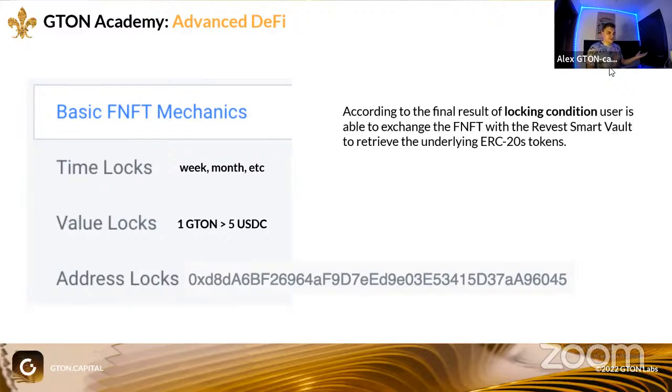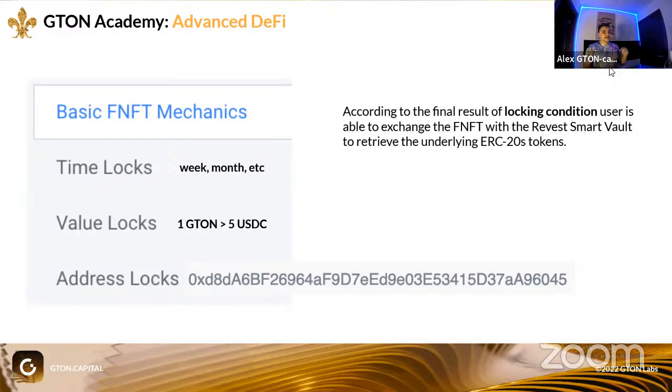Most often options work like that, right? For example, I'm a CEO of the company, and we agreed as a DAO that if the capitalization of the project skyrockets, I will be rewarded somehow, right? How to program it? We can program it with FNFTs. Basically, this is a value lock FNFT, and let's imagine one example. We have one GTON, and we already have the governance vote about bonding activation for $5. So this is a case. Then the price reached $5. Something happened, right? In our case, the vault will be unlocked, and this is pretty important because you can do smart options on top of that.